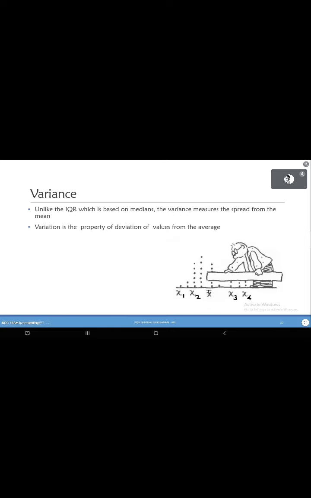Which we denote here as x bar. So what variance tells is, on an average, how far each of these individual observations are away from the mean. So if the variance is very small, it means that all of these observations have values somewhere close to the mean. If the value is very large, it means that the observations might deviate very far from the mean. That's the whole idea of variance.